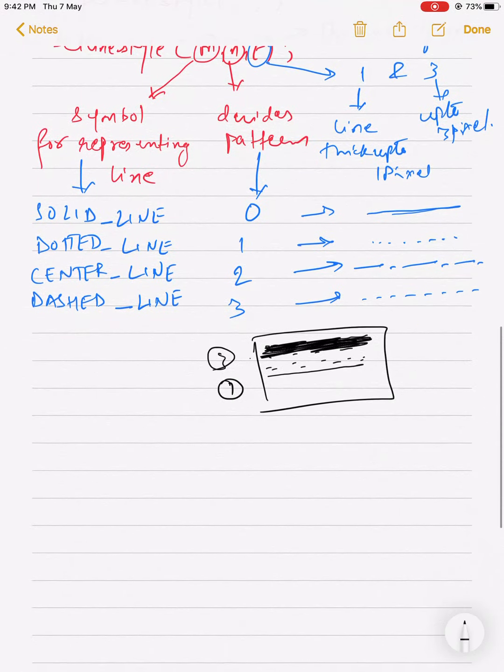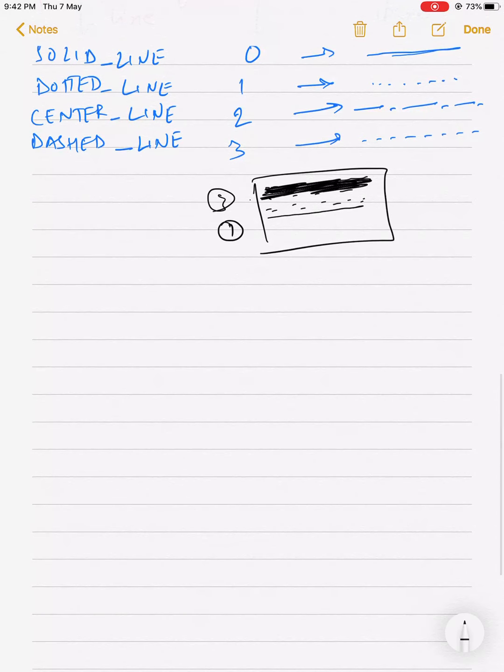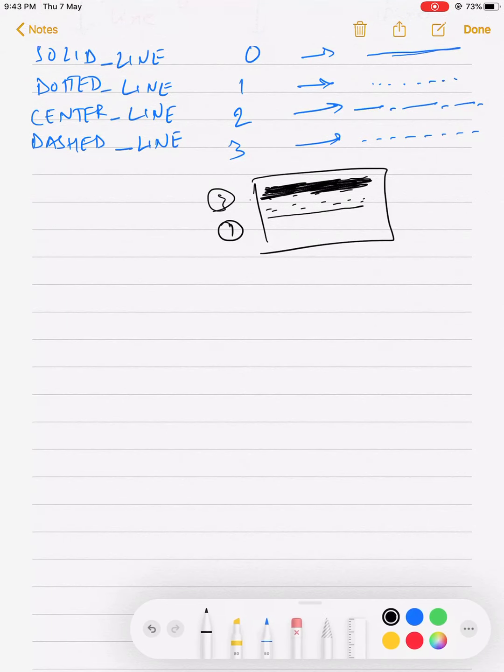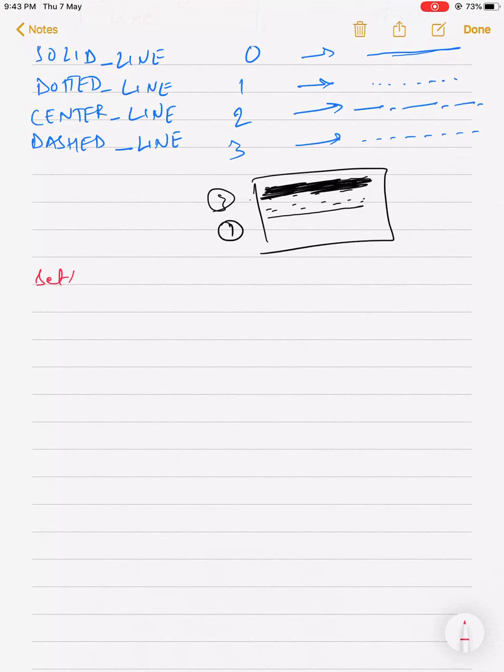So if I want to set the line style, I can write setlinestyle(CENTER_LINE, 0, 1): center line, pattern 0, with integer value 1, a thickness of 1 pixel.